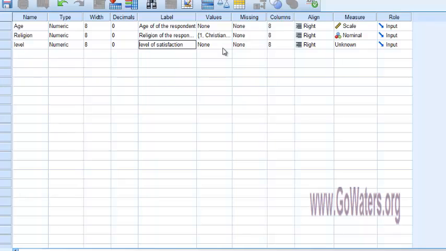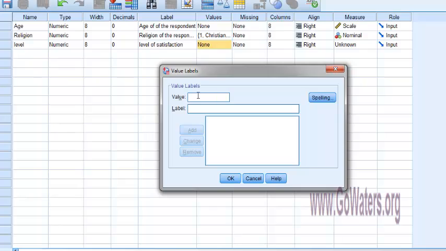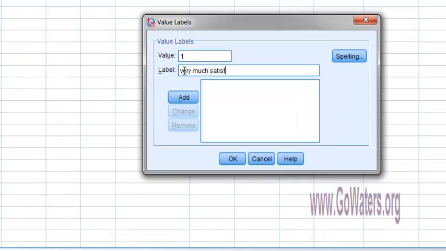Okay, so this is called an ordinal scale, ordinal, because the data is arranged in an order. All right, so we call it as ordinal scale, but we have to convert that into number as well. Okay, so now I'm going to give the 1, right? 1 for very much satisfied, then click add, and 2 stands for satisfied, and 3 is for